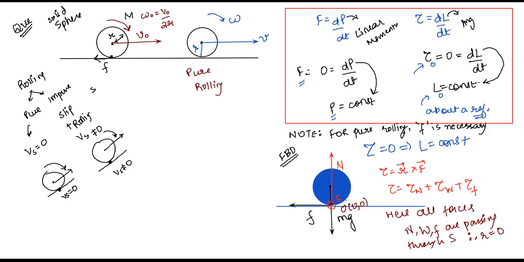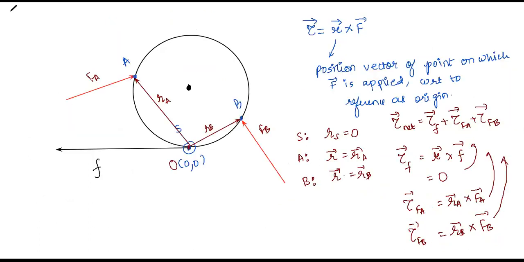Is it clear to you that whenever we are talking about torque, if that force about which torque has to be calculated itself passes through that point, then the torque due to that force will be 0? Is this point clear? What is torque and how is torque 0 if it passes through that point? The force passes through that point. Okay, please take this note, everyone.